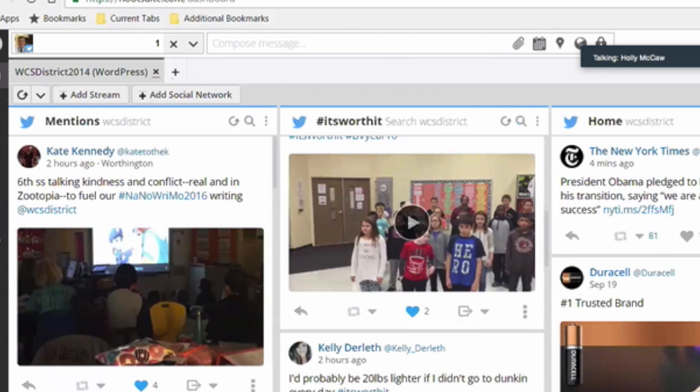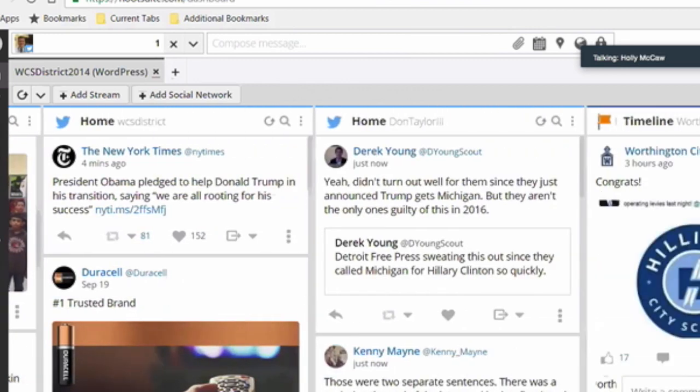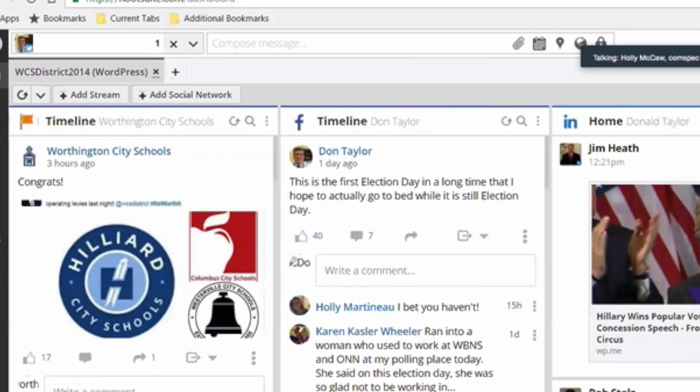Right. Now, when you scrolled across there, I noticed you had different social networks all on your dashboard. Yes. As you can see, the ones far right are more personal, but still makes it easy. Yeah. Because I have different tabs that I go back and forth between, but